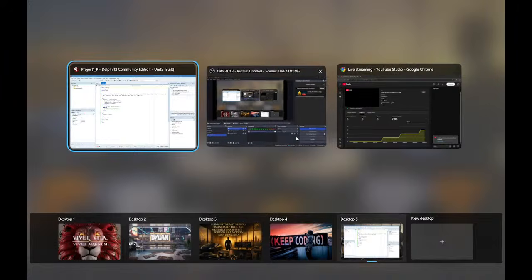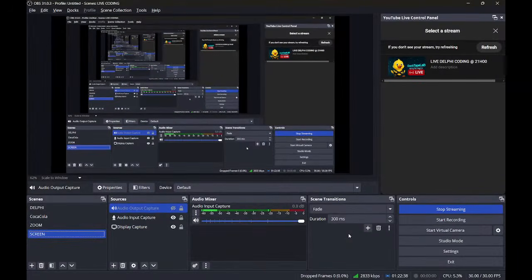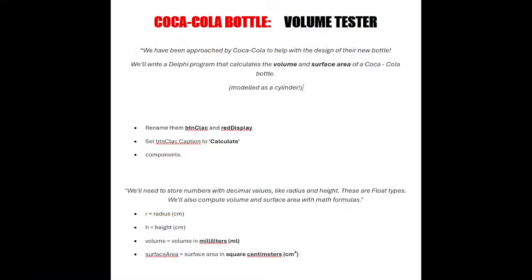If you look at the case study, yes, it's modeled after a cylinder, meaning